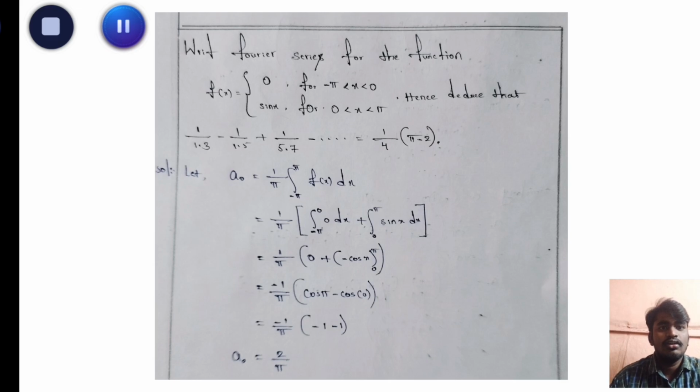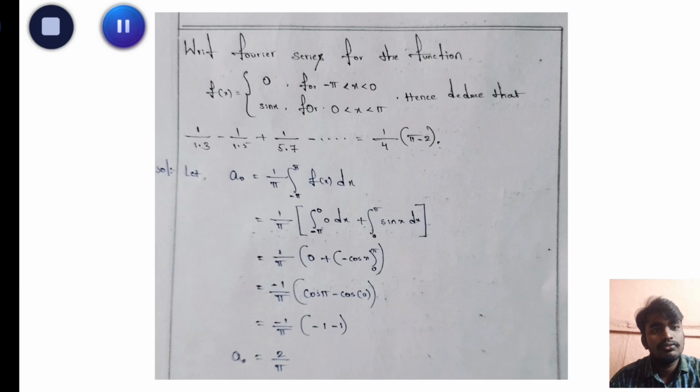Here we first get the value of a naught, which equals 1/π integral from −π to π of f(x) dx. We need to substitute the f(x) values, 0 and sin x: 1/π [integral from −π to 0 of 0 dx plus integral from 0 to π of sin x dx]. 1/π, the 0 into dx equals 0, plus the integral of sin x, which is −cos x,